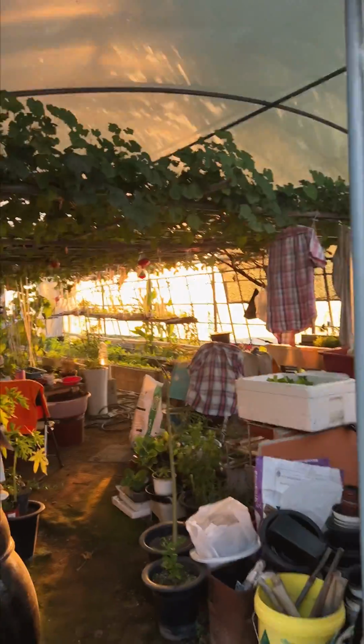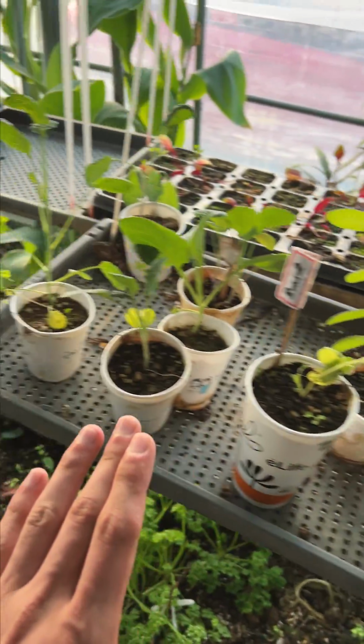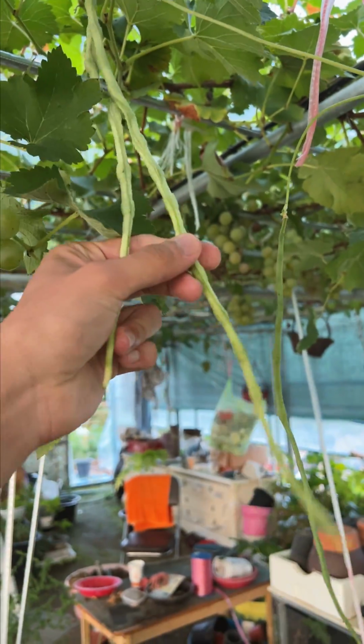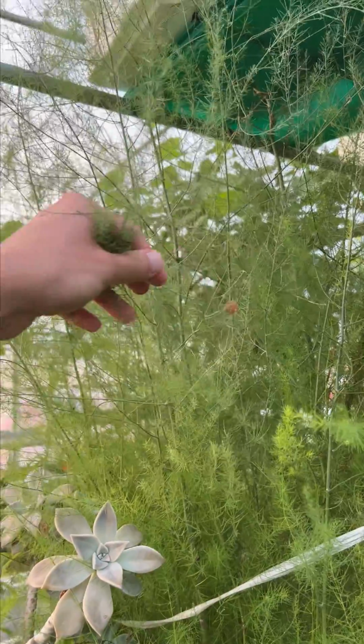Moving into the greenhouse. Hanging just above the beds, these are all seedlings and cuttings. We've got parsley. These are like yard beans or meter beans. Got loads of grapes growing at the moment. This is what happens when you just let asparagus grow and you don't cut it when it's a shoot. There's actually not much in the greenhouse right now because it's sort of coming to the end of the growing